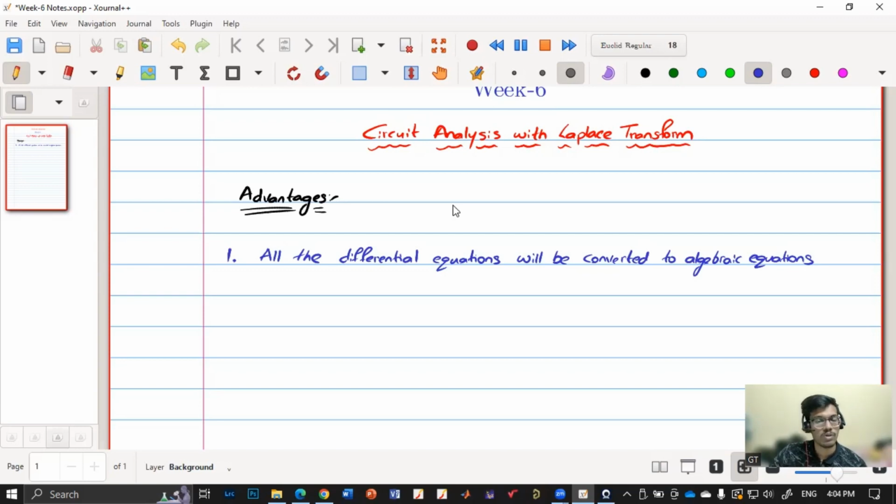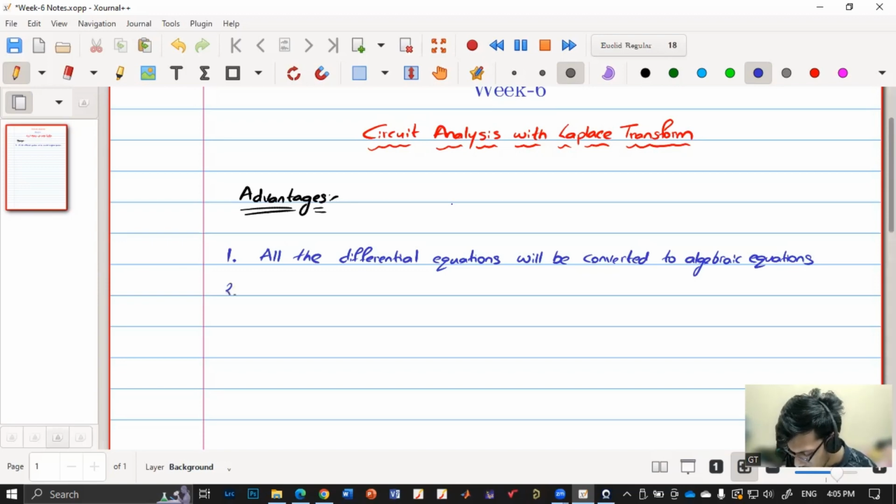Later, when we were using phasor, we were only trying to get the forced response, not the initial condition. So it removes the transient part, and we only get the solution at steady state. But if we want both steady state as well as transient, then we need to solve the differential equation, which we have realized is very lengthy and complicated. So using this Laplace transform, we can get both the transient as well as steady state